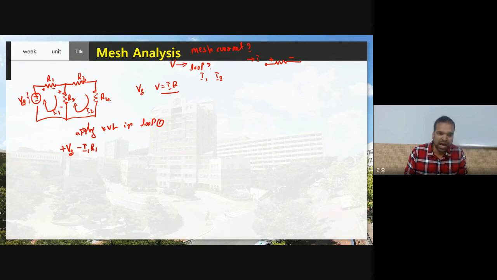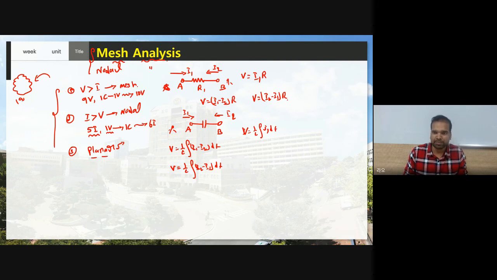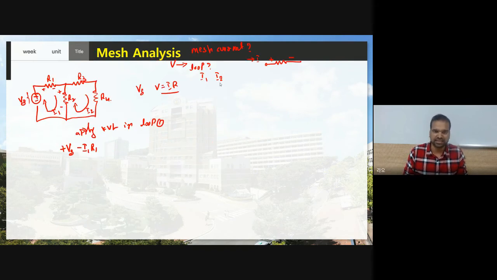Now when coming to R2, here see, I have explained. If two currents are flowing in the opposite direction, you can write I1 minus I2 into R when you are at terminal A, and you can write V equal to I2 minus I1 into R when you are at terminal B. So based on this analysis, see here in R2, how many currents are flowing? Two currents. The I1 current is flowing like this and the I2 current is flowing in the opposite direction. Okay. However, here plus and minus, you need to keep minus here.